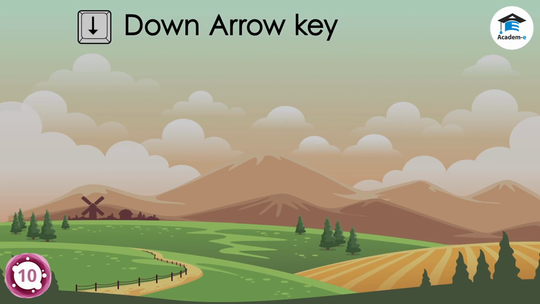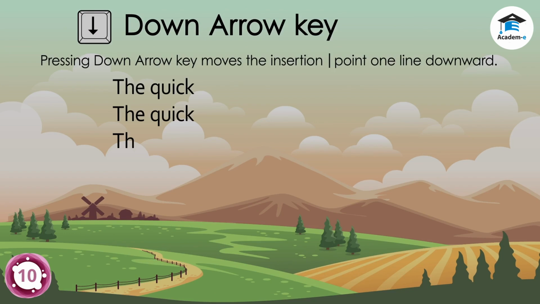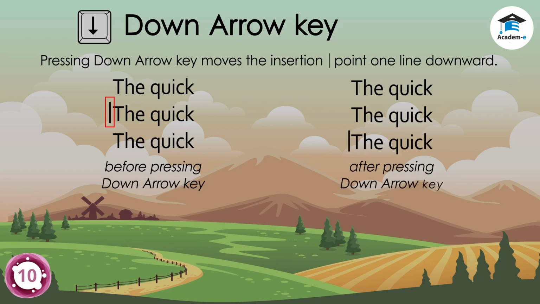Down arrow key. Pressing down arrow key moves the insertion point one line downward. Before pressing down arrow key, after pressing down arrow key,